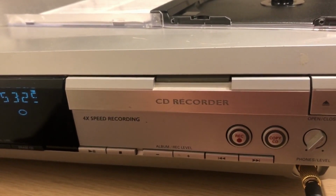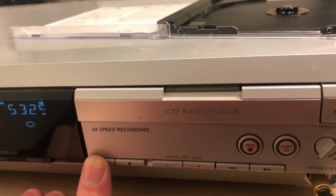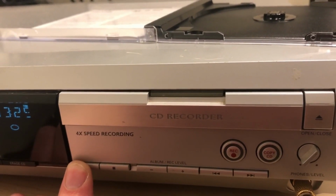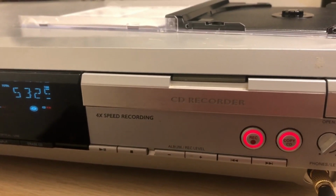The CD's loaded, and if I try to play, I'm not going to try playing on this side, I'm just going to listen out. Ooh, okay, that looks good, doesn't it? So 2 red buttons there,